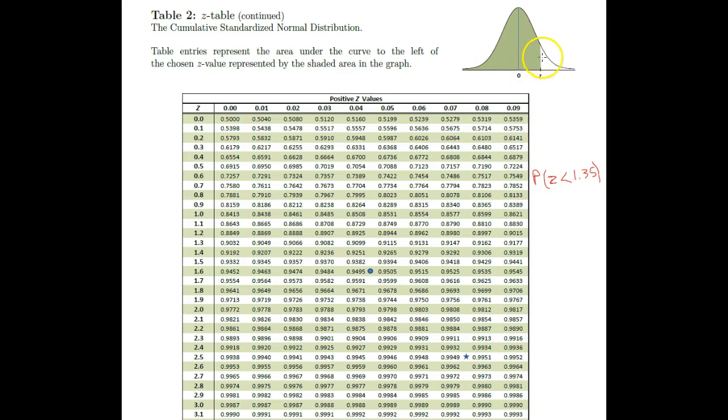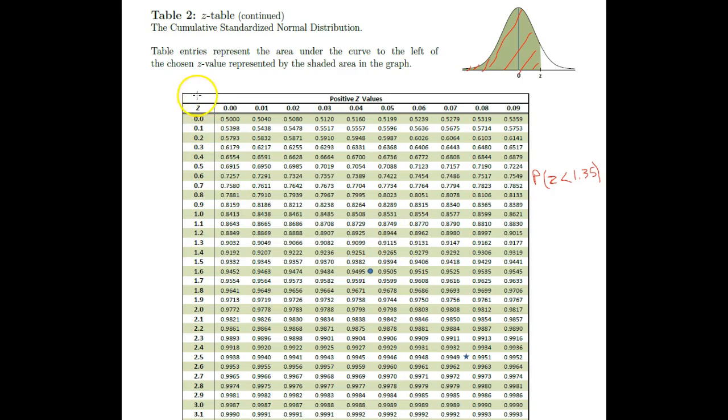So this table, what it does is, see how this highlighted is all less than our z-score? So this table right here shows us the probability of exactly what we're looking for, getting a z-score less than 1.35. So what we need to do is look up this value in our table,